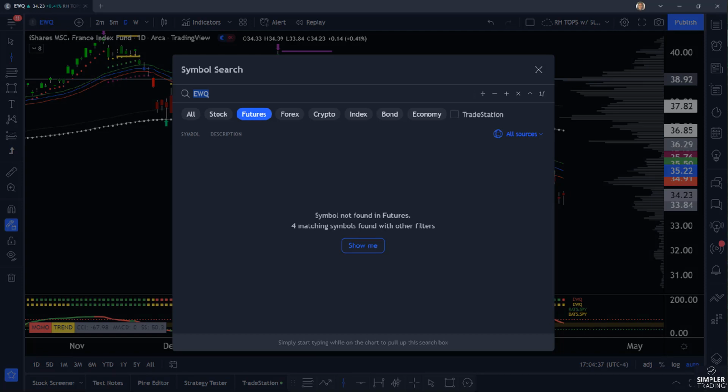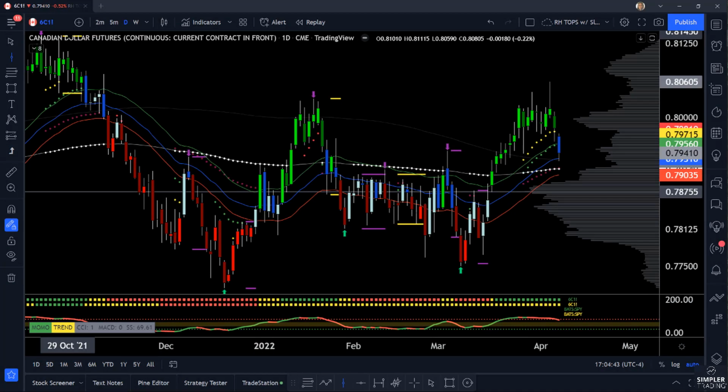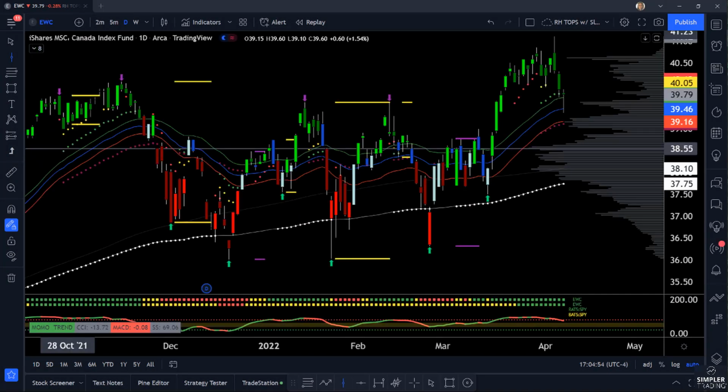Now, what if we go beyond that? Let's take a look at the 6C. This is now the Canadian dollar. The Canadian dollar is in an uptrend. Why would the Canadian dollar be in an uptrend? Hawkish monetary policy, wanting to increase rates? Yes. However, remember, the number 1 and 2 exports out of Canada are energy, mostly focused around crude oil, and lumber. Well, if you've taken a look at the crude oil chart lately, you know that it's been in an uptrend for a while. That benefits the Canadian economy.